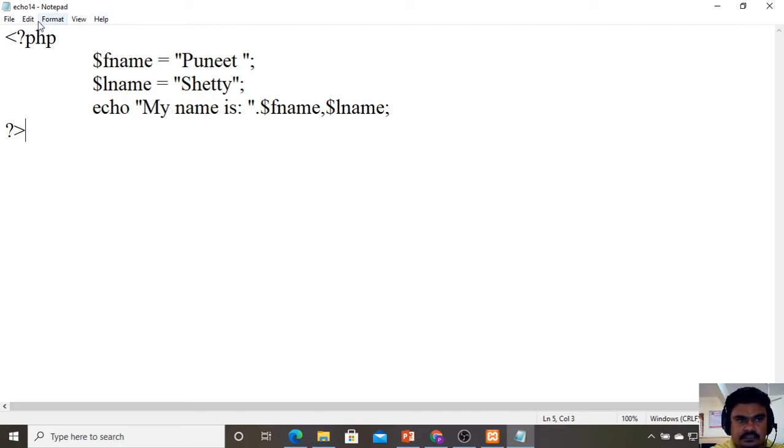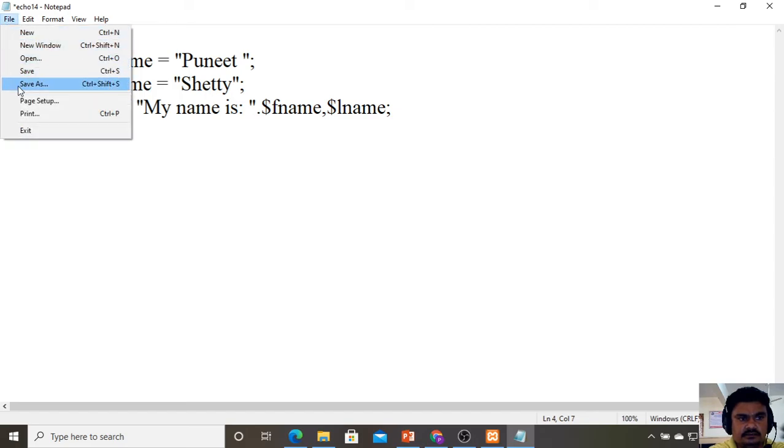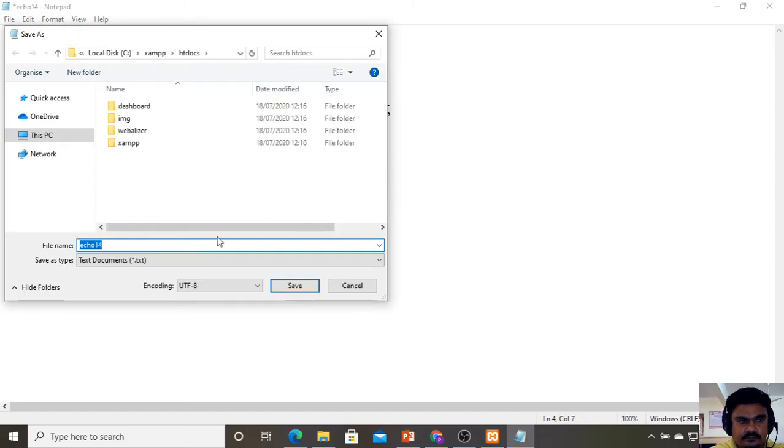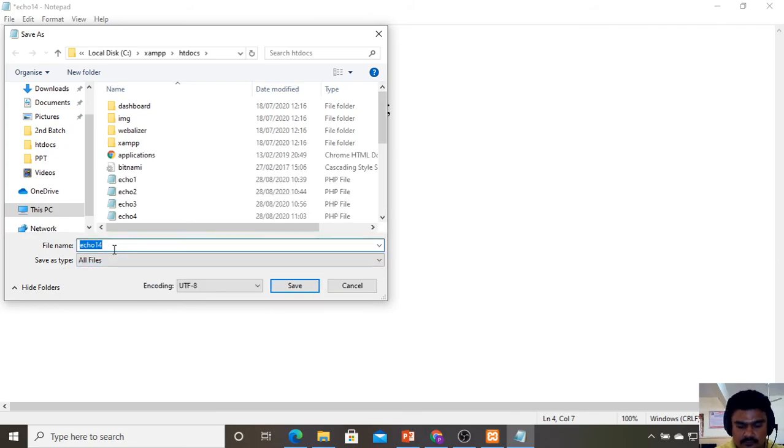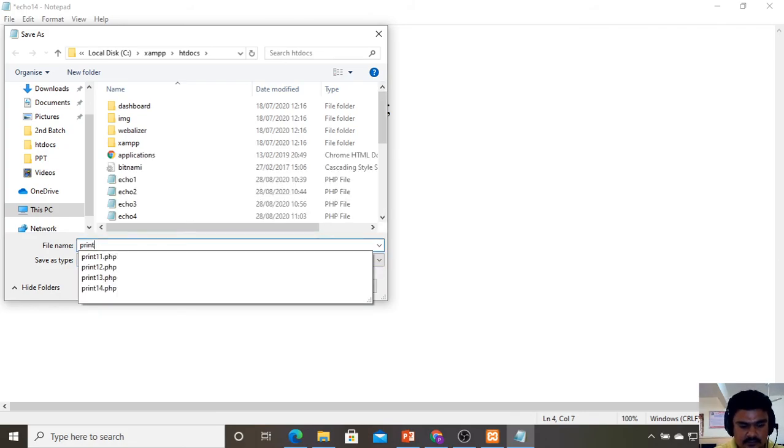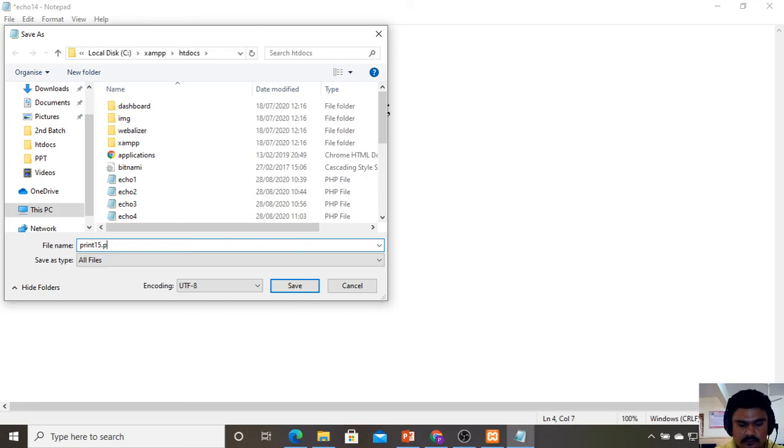Okay, then next, I will check the same thing with print. I will just remove the echo and take it as print. Let me save it with another file name: go for all files, print15.php.